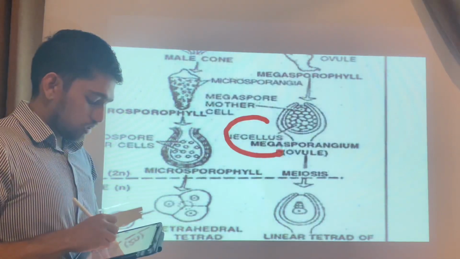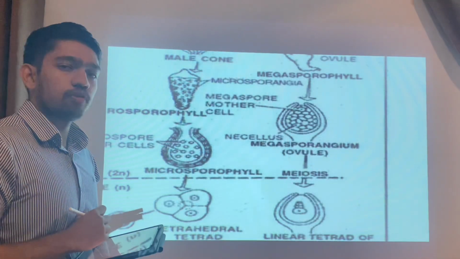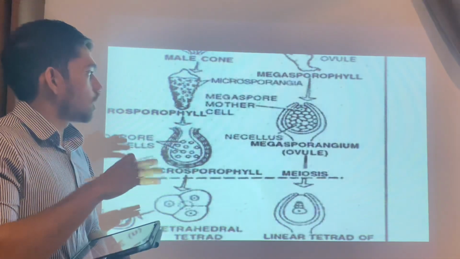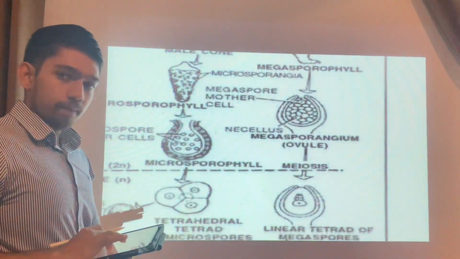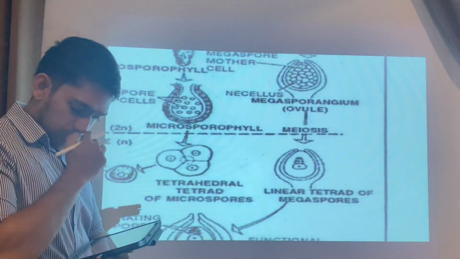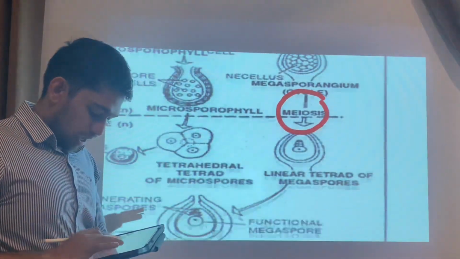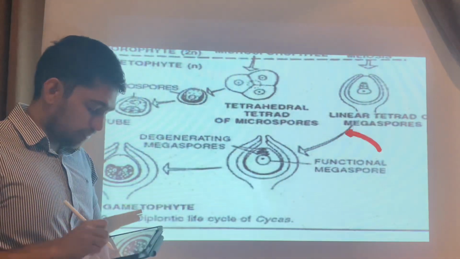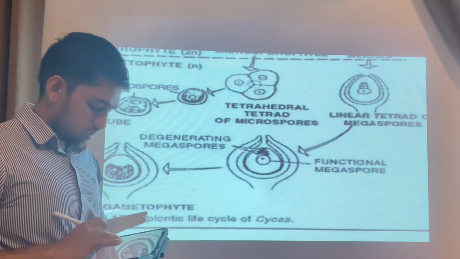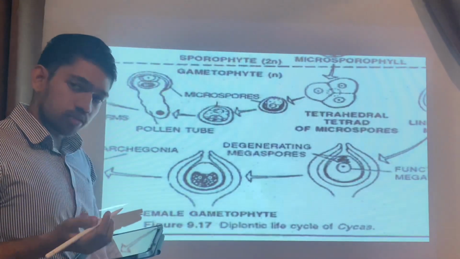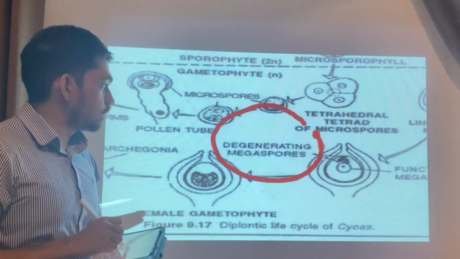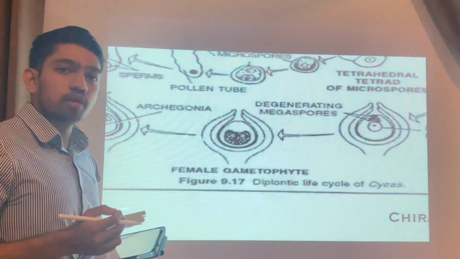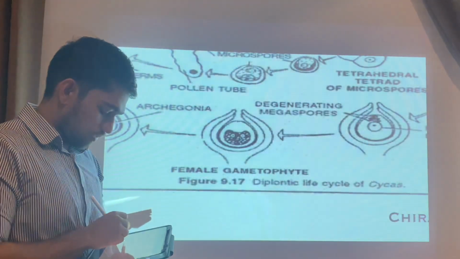I mentioned that is the nucellus cells. The function of the nucellus cells is what? To provide nourishment to the female gametophyte that will arise from the megaspore, right? So the megaspore mother cell will undergo meiosis and produce 4 megaspores, out of which only one will remain functional. The other 3 megaspores will degenerate, as mentioned here, and the remaining megaspore will develop into the female